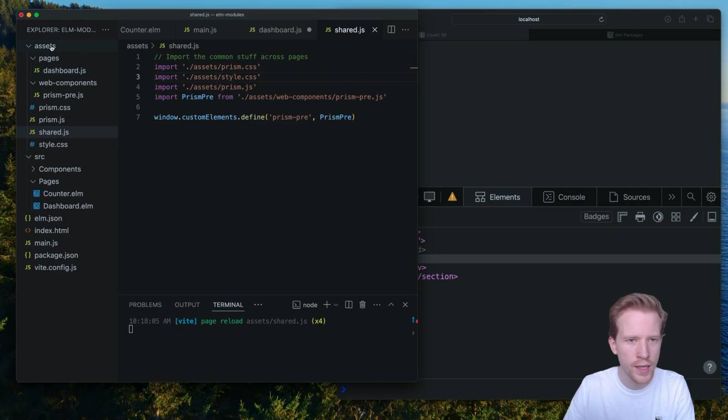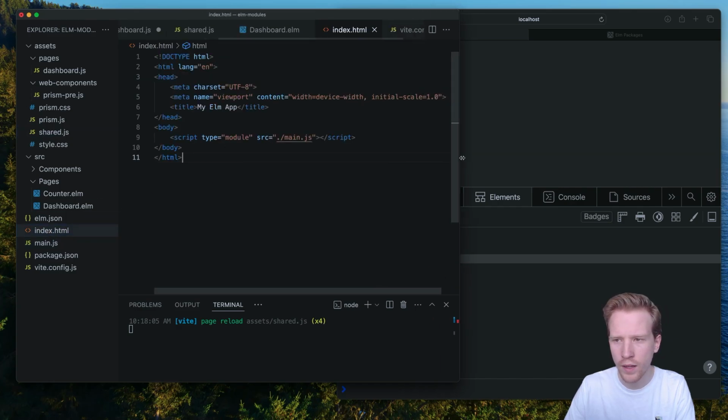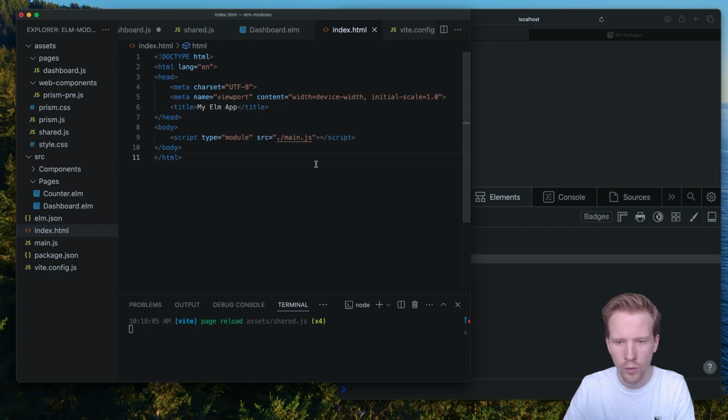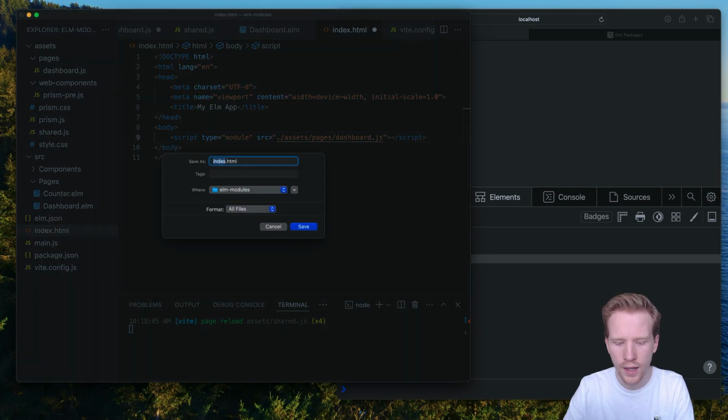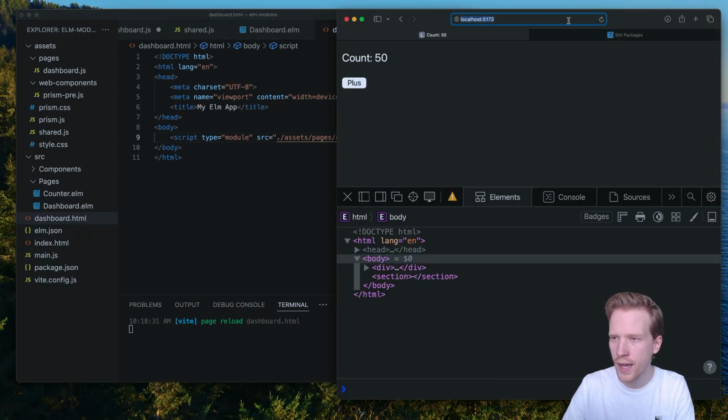And then what we can do is we can have different URLs handle those different routes. So if we take a look at our index.html file, this was our homepage from before. What we can do is we can say, don't look for main.js, look inside of assets, inside of pages, dashboard, and then I'm going to save this as dashboard.html. And that's going to be saved right here at the root. And so if I navigate to dashboard/dashboard,